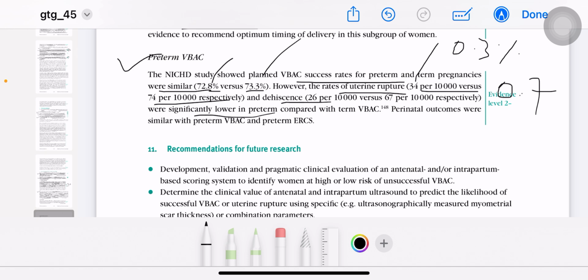Success was significantly lower in preterm compared with term VBAC. So these percentages are also important in preterm. So, hope you find the lecture